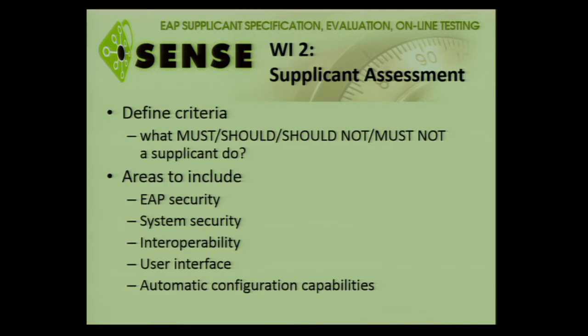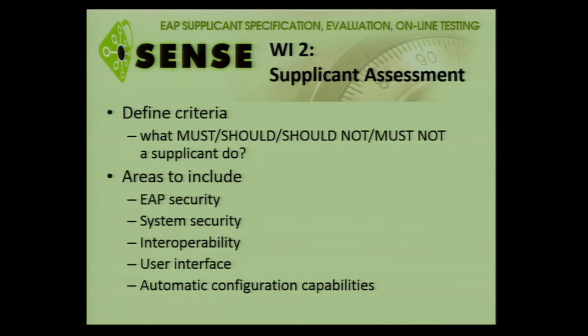So a device which only supports USIM and not any of the username password-based methods can't call itself a complete EAP supplicant, because it just caters for a very small use case, or maybe it's a big use case, but not enough use cases. So that is something to test against as well. Then we have also the user interface. How does the device present itself to the user? Are there some big no-goes which you really shouldn't do? And finally, can you provision in some way or another automatically the configuration details to the device?